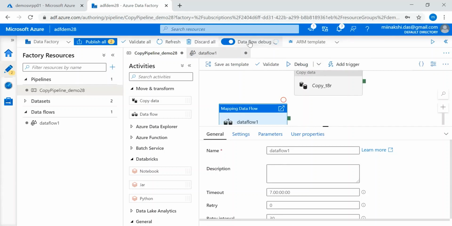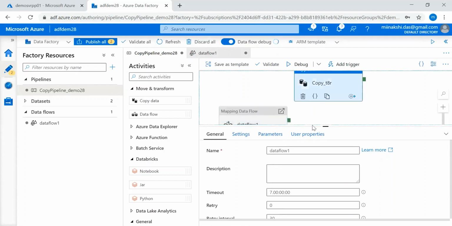Let's say my debug is on and I am executing the pipeline. During the runtime, whatever activity I click on, for that activity I can see the runtime data in this place. So it will make it easy for us to debug the data. So this is how we can work in Azure Data Factory.